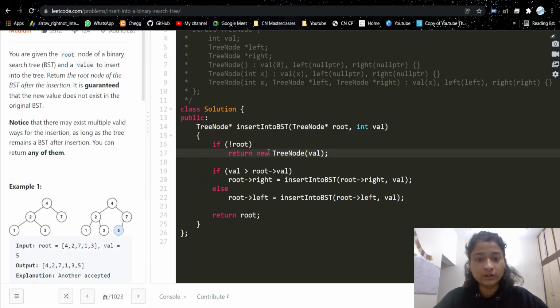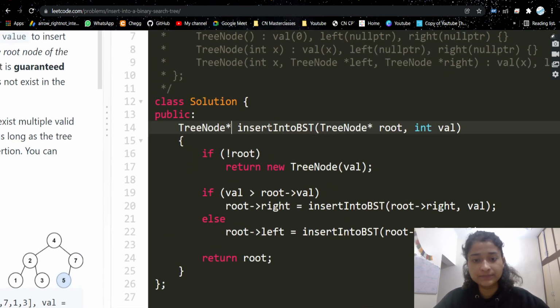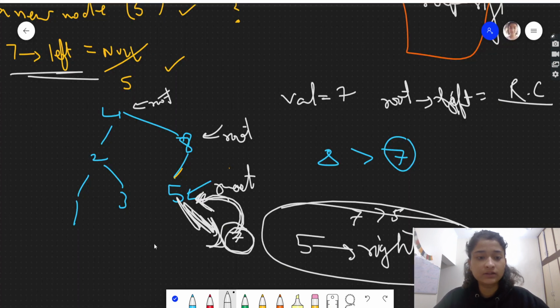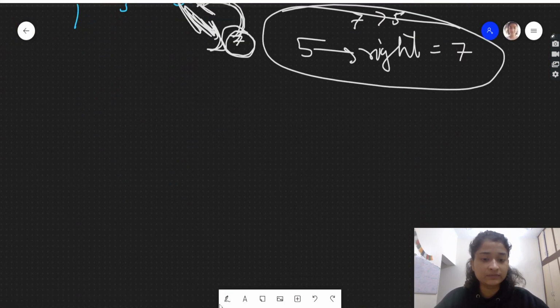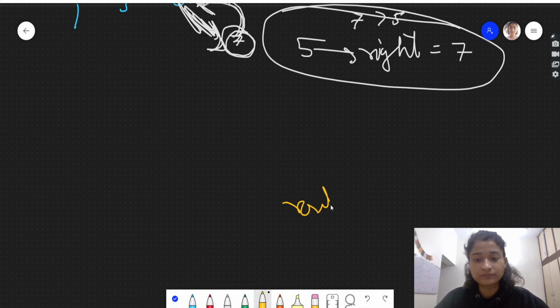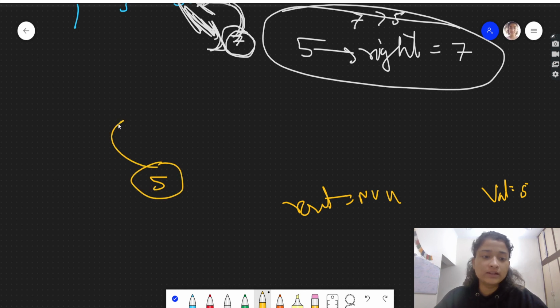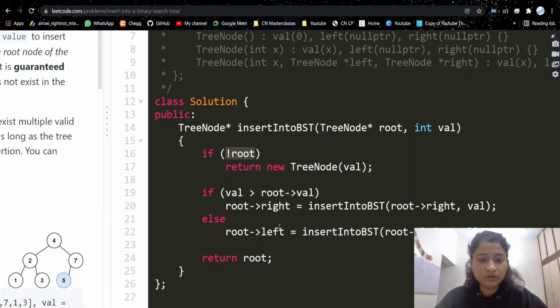So what we are doing, this function is given to us, insert into BST. We are given the root of the tree and the value. If the root is null, means the tree is empty, like there is nothing. Root is given to be null, and we need to insert a value, let's say 5. Means the tree is already empty, just make a new node and return it. This will be the only node, and this will be the root of this BST, because there is one single node, that will be root. So we'll be just making a new node and we'll be returning it.